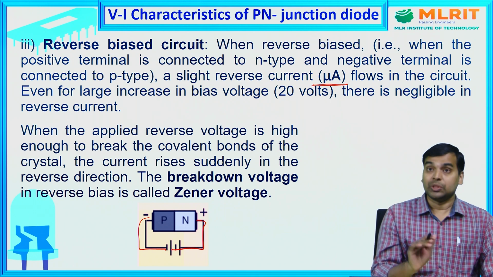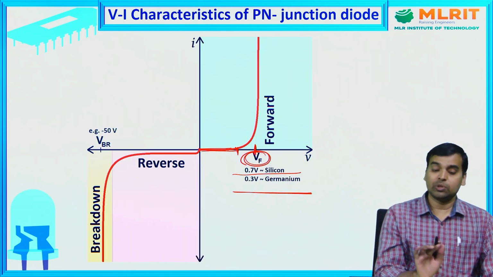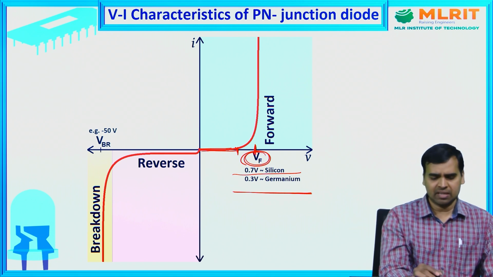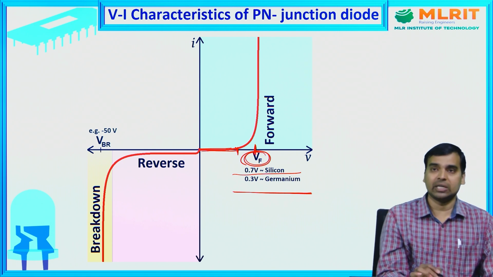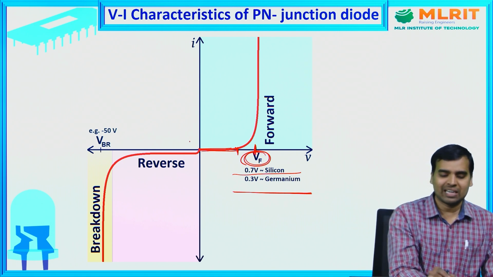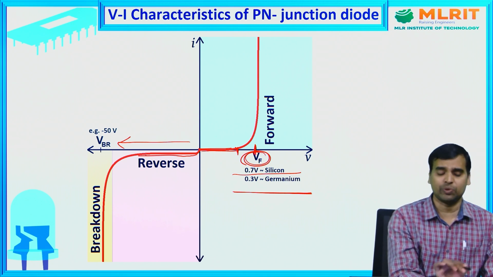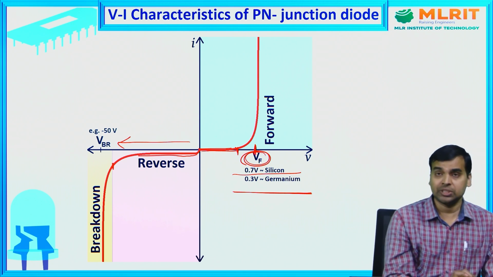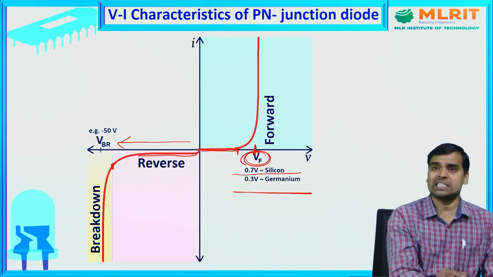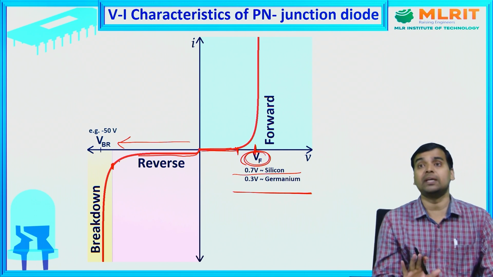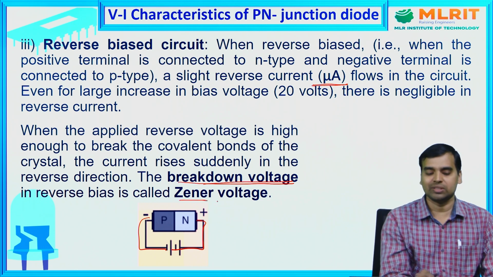So now, though the PN junction diode is connected in reverse bias, from this graph you can see, here voltage is negative, reverse bias in the sense, here I am taking negative. So voltage negative, current negative, reverse direction. When we are increasing reverse voltage, there exists very small current flow up to a certain voltage. That is due to minority charge carriers, as I explained. But from a certain voltage onwards, there exists large current flow, though the PN junction diode is connected in reverse bias. That voltage is called breakdown voltage or Zener voltage.